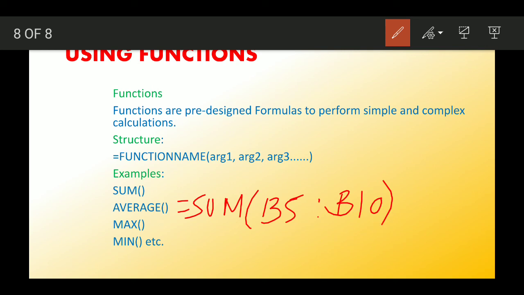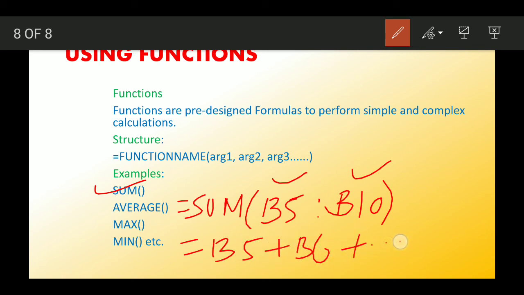This is the working of the SUM function. It will add the values from B5 to B10, the same as writing the formula equal to B5 plus B6 plus up to B10. This is the equivalent.